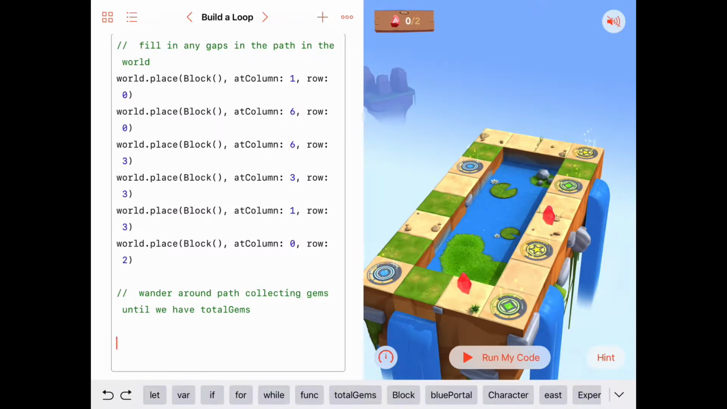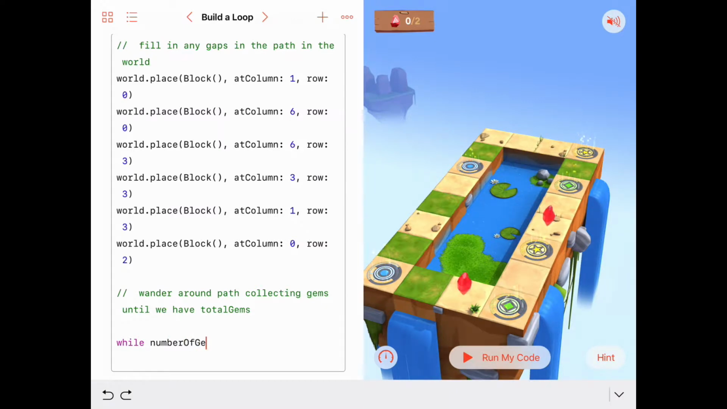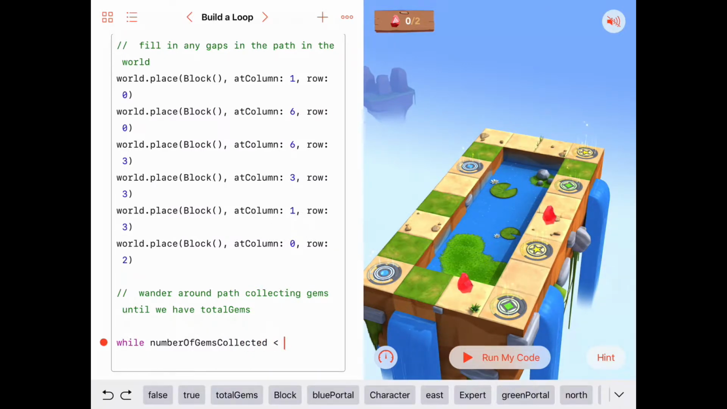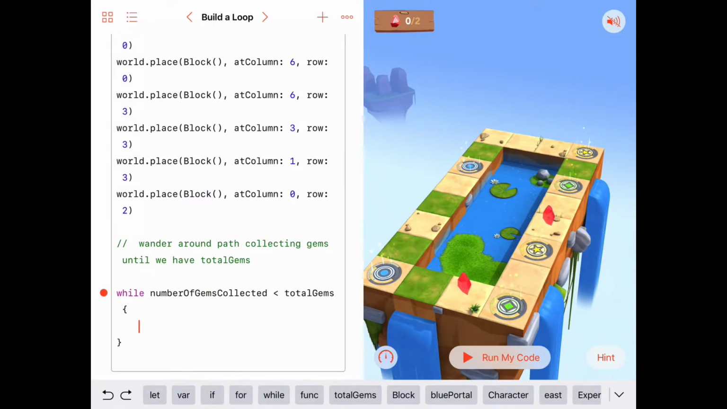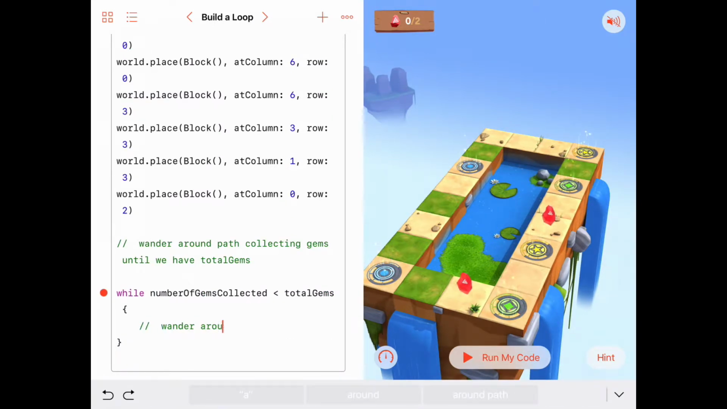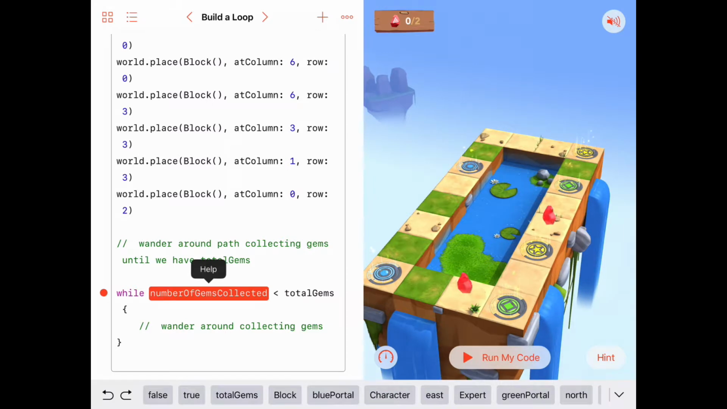We want to say, as long as, or while, the number of gems we have collected, number of gems collected, is less than the total gems, which is given to us, we want to keep wandering around. Okay, wander around collecting. So that will be our condition to stop. Whenever our number of gems collected is equal to or greater than total gems, we'll stop doing this while loop